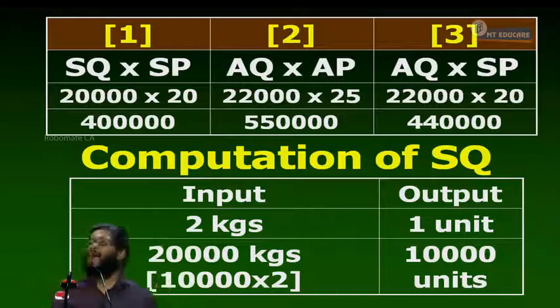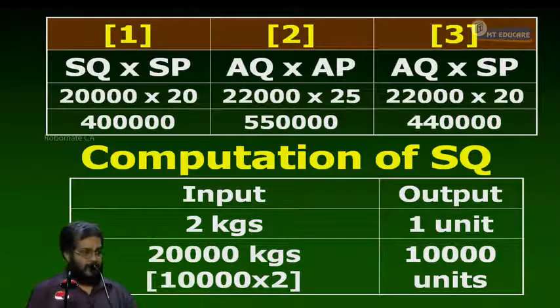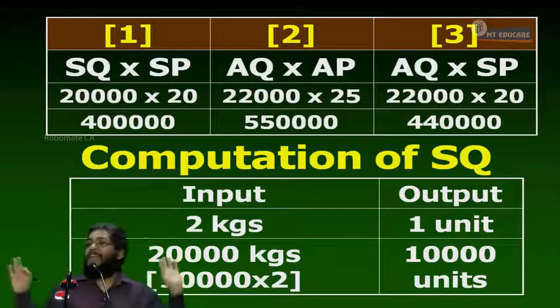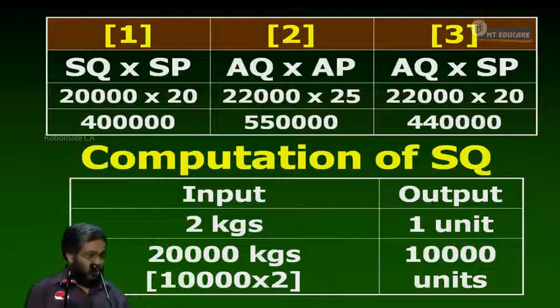Now, to make you understand, I'll include one extra detail and then explain the concept. What is my actual output? 10,000 units. Now, suppose at the beginning of the year, my budget output is 15,000. Can I keep it or not? My budget output is 15,000 units. Now, look at this.